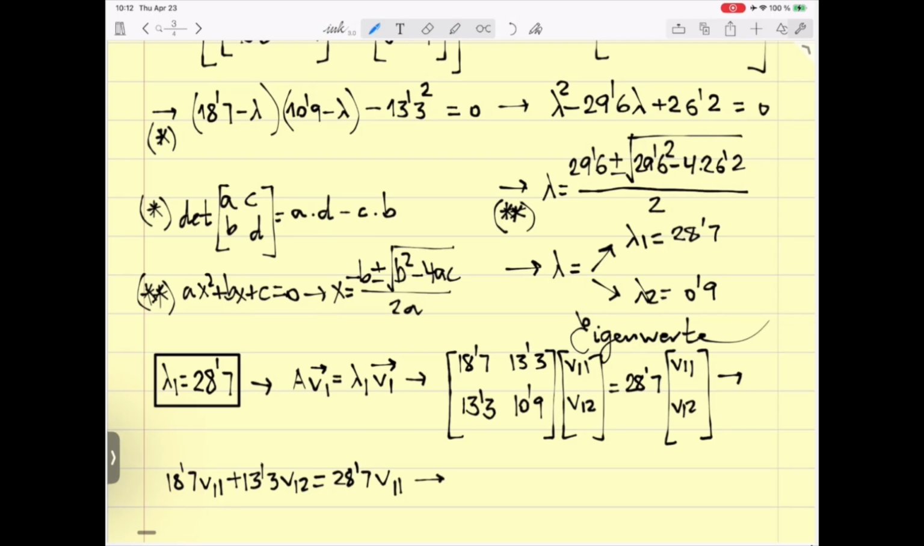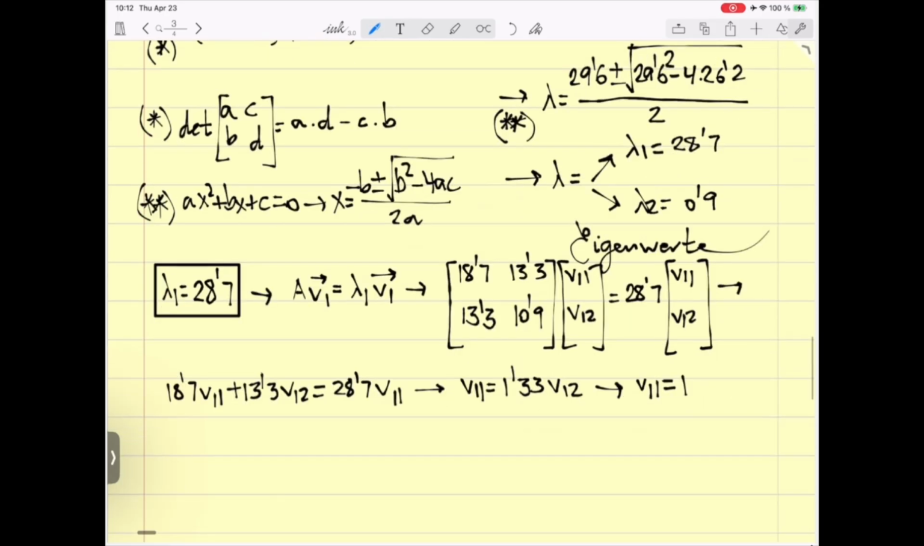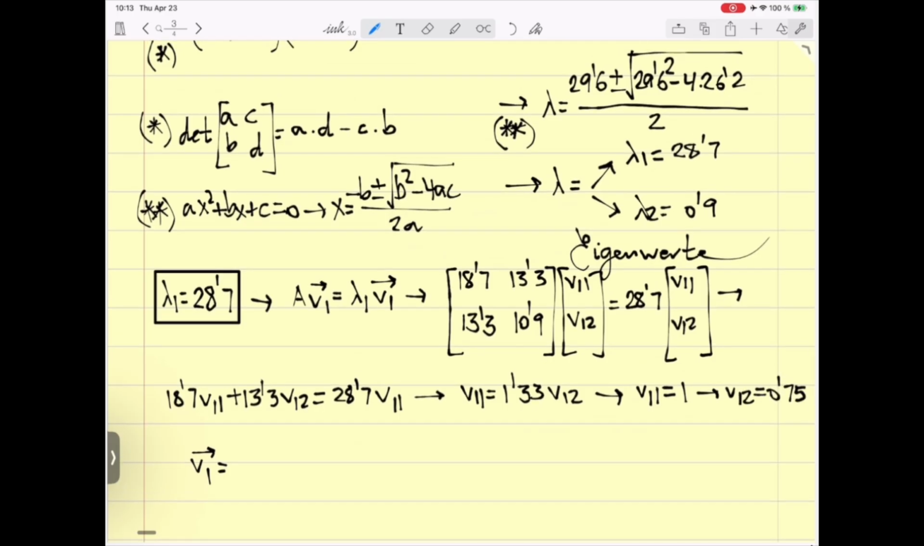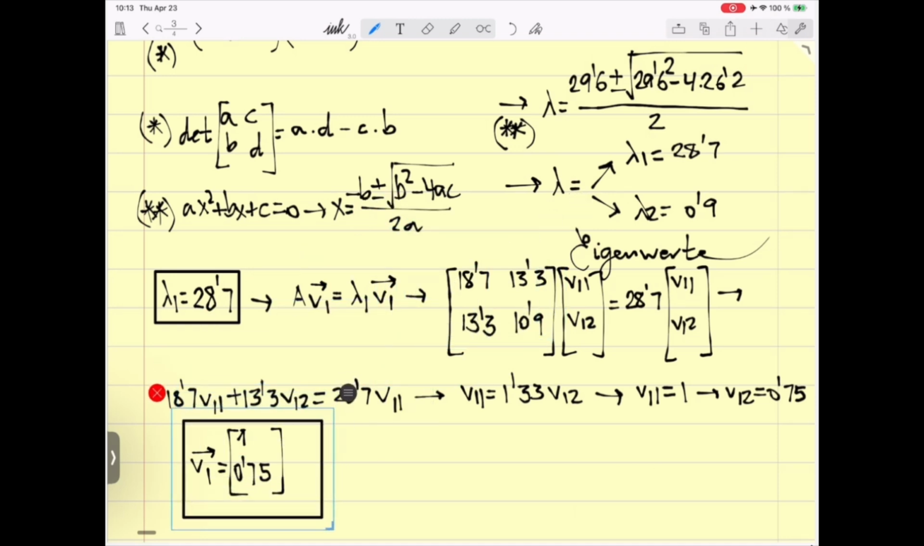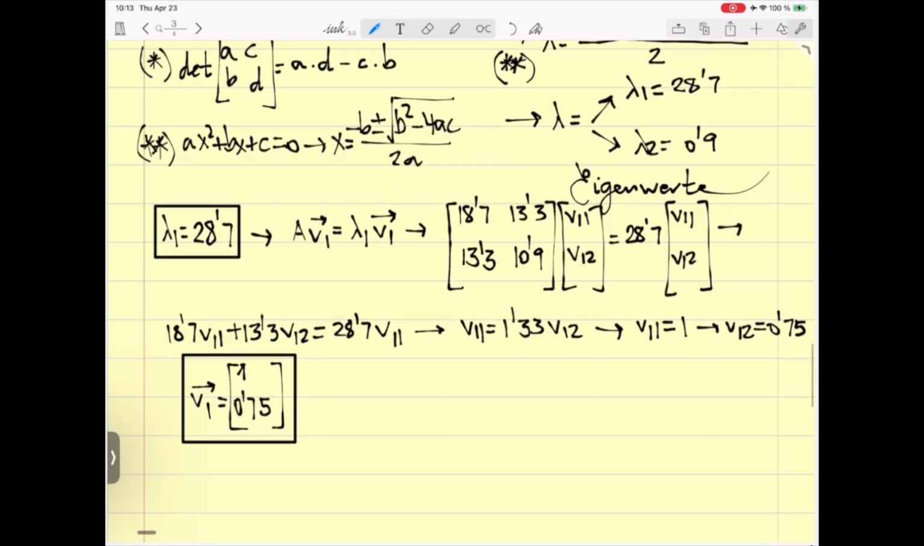This yields that V11 equals 1.33 V12. Okay. So if V11 equals 1, and that's why I always fix the first component to 1, then V12 equals 0.75. Then our first eigenvector is 1, 0.75. Okay? And this is important. Any questions on how I did solve this? No questions? Okay, so the second